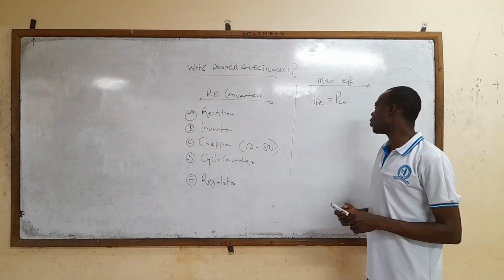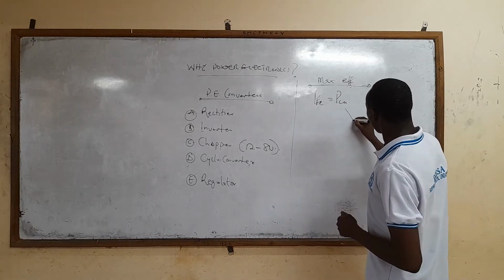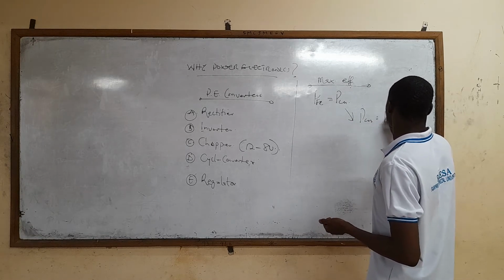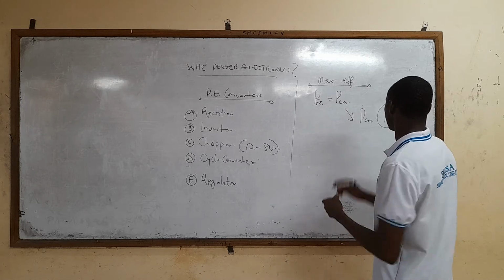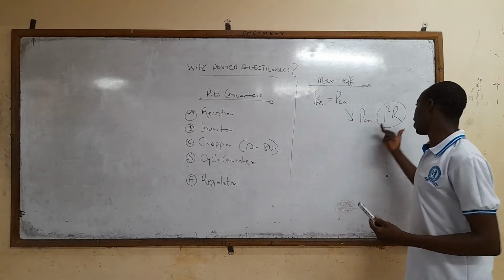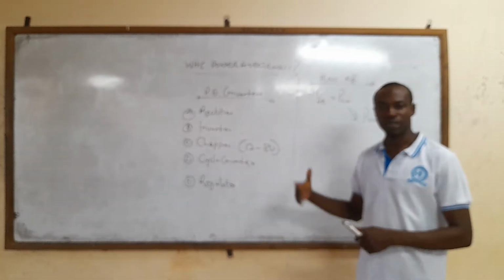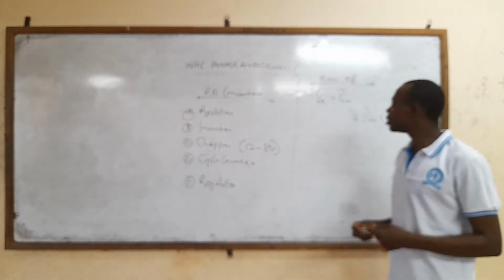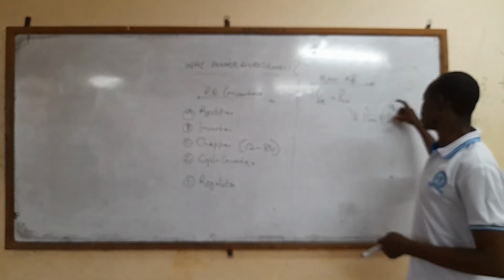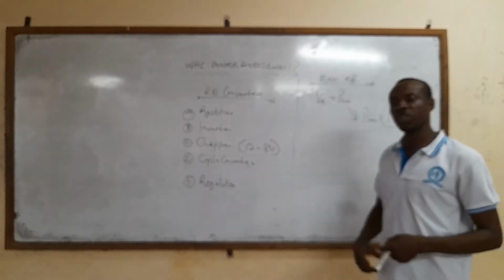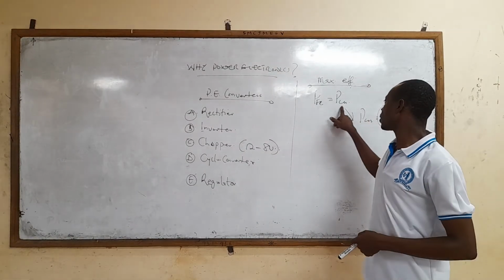But then, what is the meaning of copper loss? Copper loss that we have here is just I squared R. So we know that I squared R pertains to the load that is being connected to the transformer. So if the load side changes, or if the load current or the load resistance changes, then it will affect the